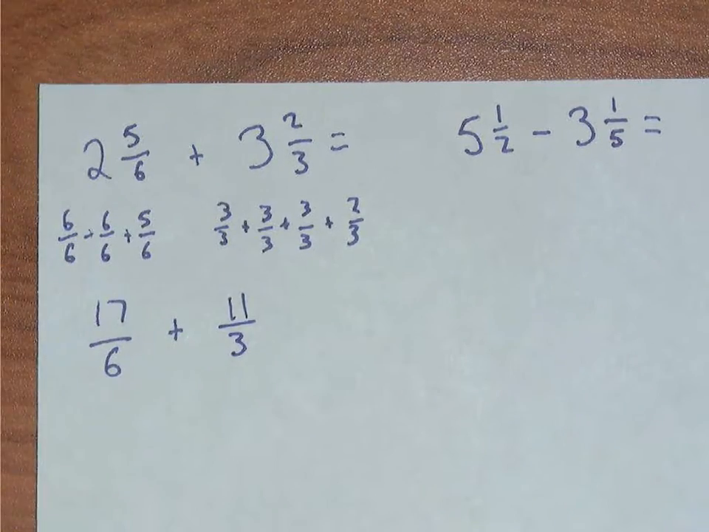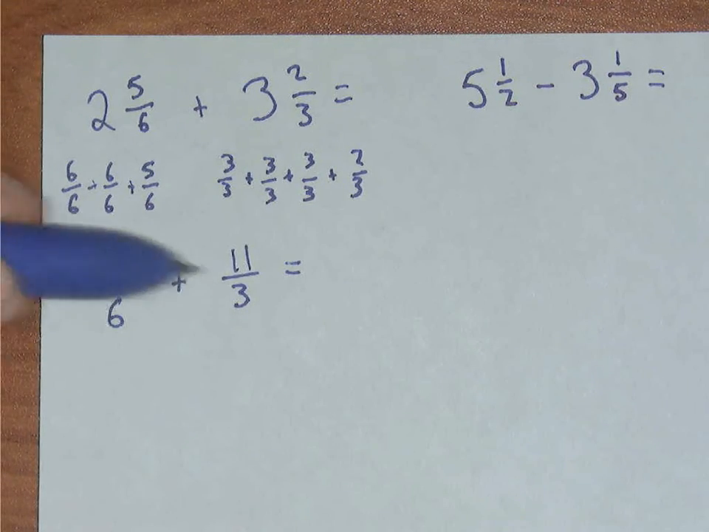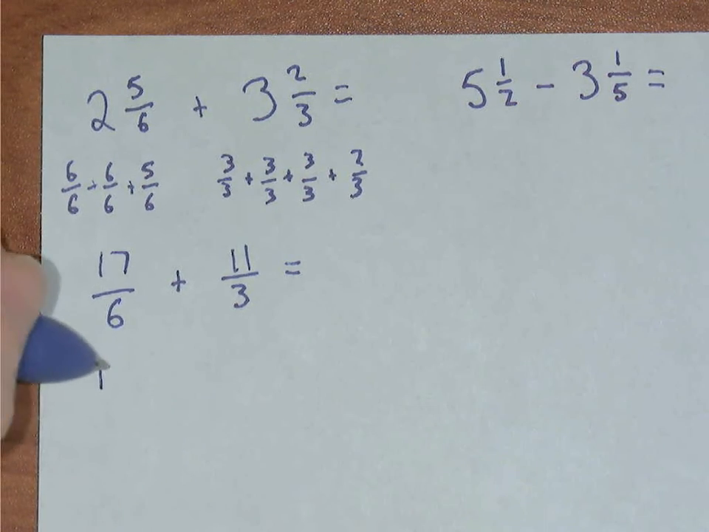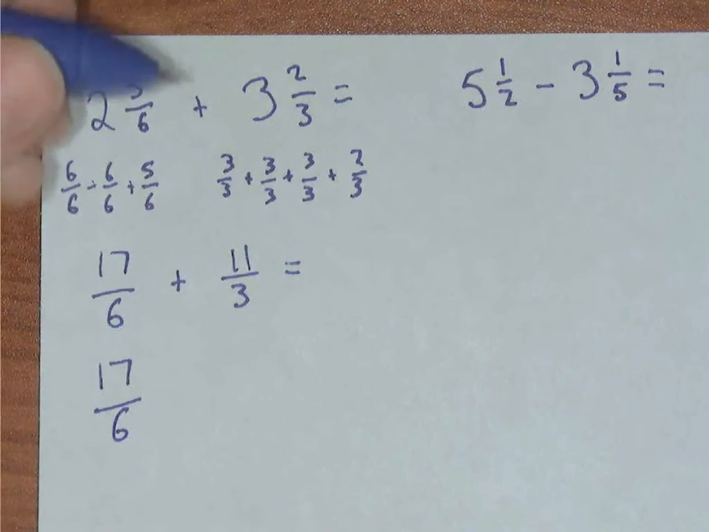Now that I've got my fractions back, I need to use common denominators to add these two together. So I see sixths and I see thirds, and I say, what's a good common denominator for both of those? What's a number that both 3 and 6 go into? Well, 3 and 6 both go into 6, so I'm going to use that as my common denominator. I'm going to keep 17 sixths the same, and I'm going to turn 11 thirds